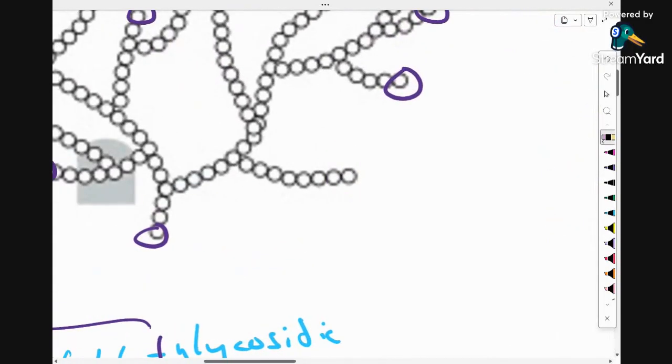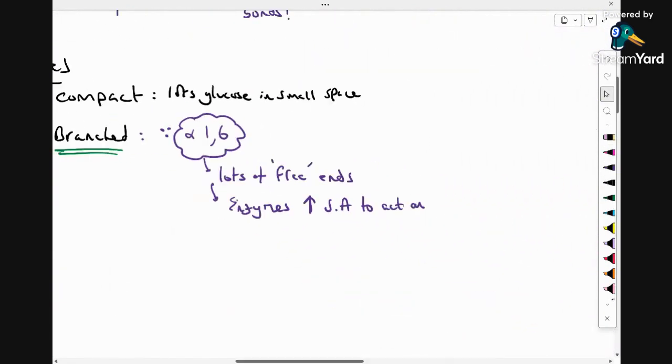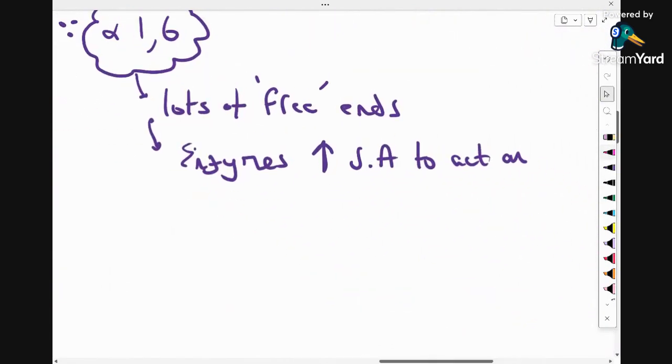Glycogen phosphorylase is one of them, but don't worry. They can bind to each end, right? You can have an enzyme here that's going to start chewing off. It's going to break these alpha 1,4 glycosidic bonds. So the enzymes have a large surface area to act on. Therefore, we have efficient and quick hydrolysis,